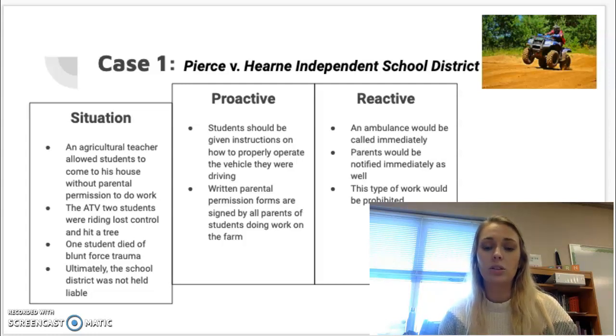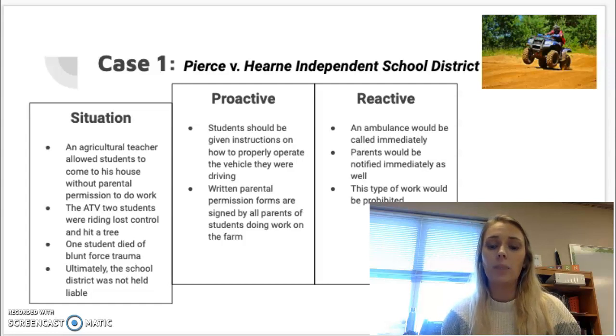Within the incident, two students were on an ATV without any instruction. They didn't even have their license. They didn't know exactly how to run an ATV. And when they were on it alone, going somewhere, they lost control. They got off course, hit a tree, and unfortunately, both students were thrown from the device, and one student died of blunt force trauma to the head. The other student did not die, however, they did suffer injuries. Ultimately, the school district was not held liable